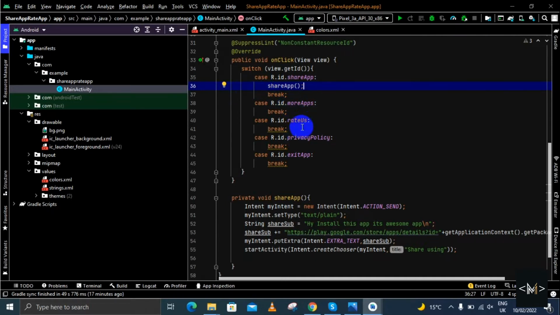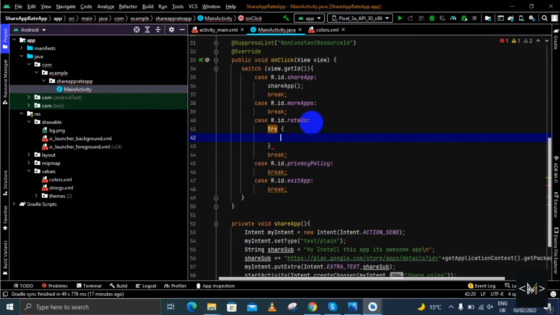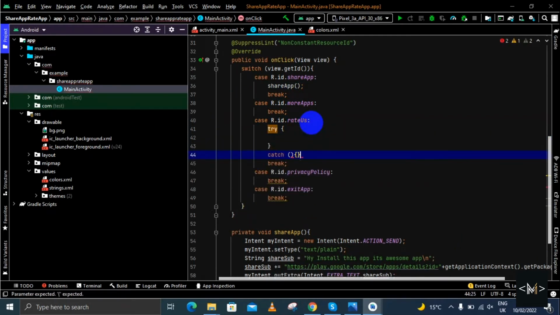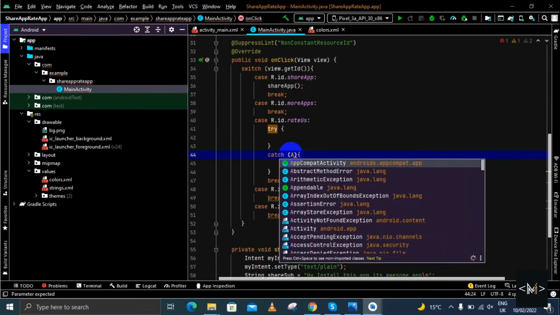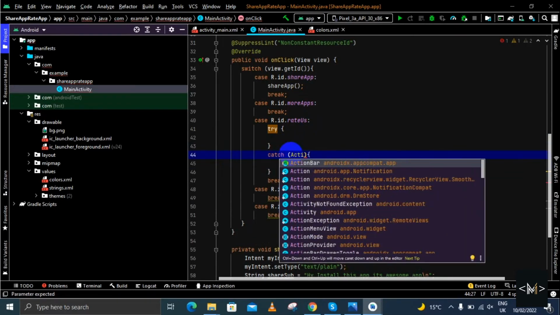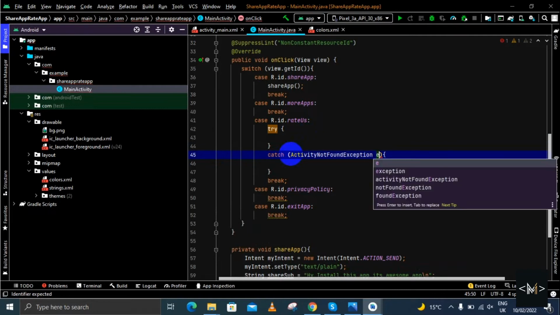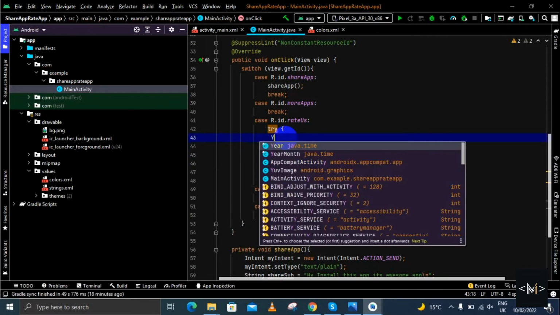For the rate we will come here to the rate option, and I will paste a try catch block, and here will be the catch block, and there I will write ActivityNotFoundException e. Okay, so in the try block I will pass the URI,